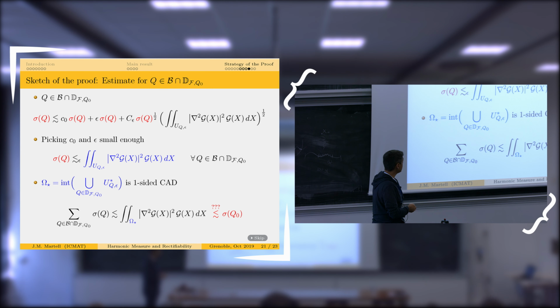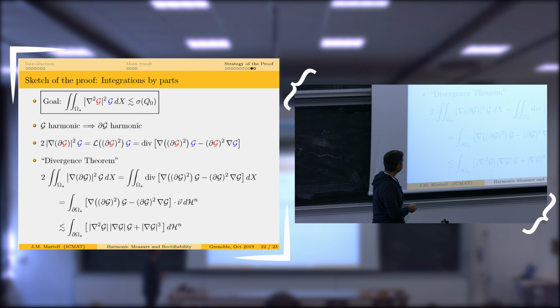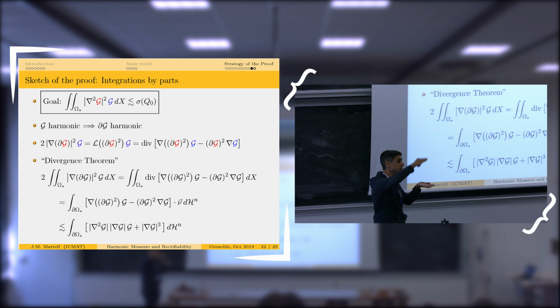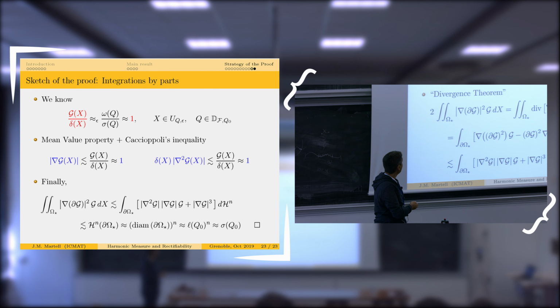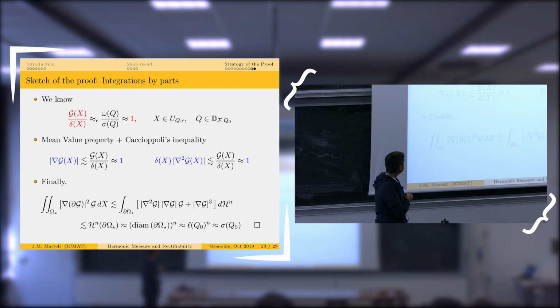So the idea is now that I can do this, just some algebraic conditions. I can do an integration by parts, and at the end of the day, this is what I pick up on the boundary. This is the divergence theorem. I can use the divergence theorem here. I'm cheating a little bit because I probably have to move a little bit up, but that's all right. So this is just an integration by parts. This is just, look at the beginning, so I can get an estimate on this in terms of something that happens on the boundary. And now to finalize this, remember that G over distance to the boundary,